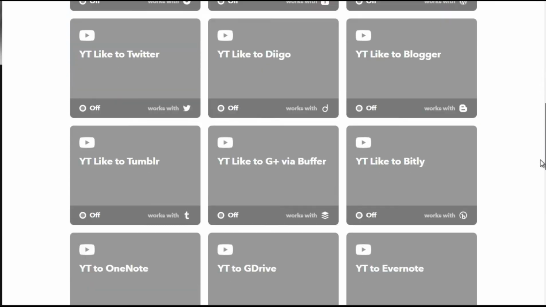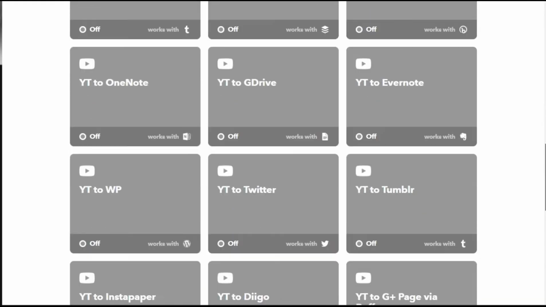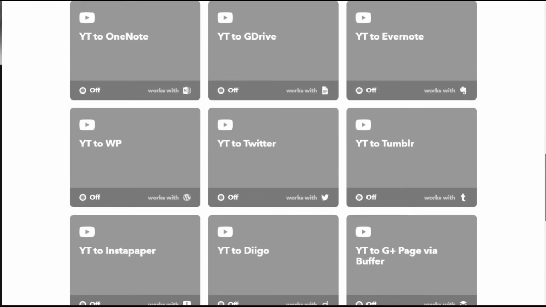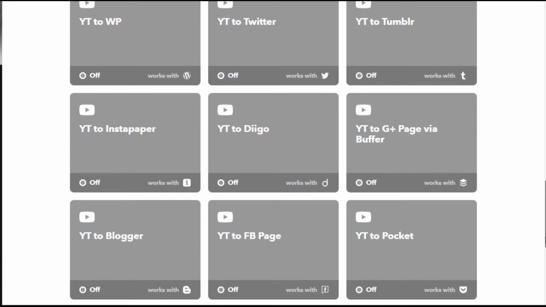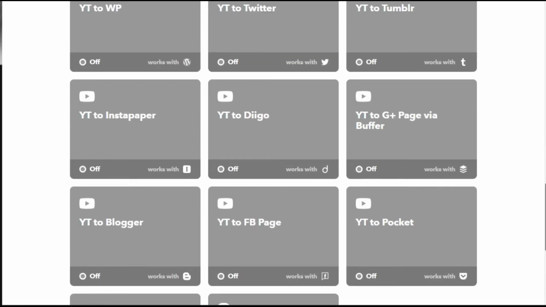Now, as you can see here, you can easily get lost in the mix of everything. That's why I said visually map everything out first, and from that point, you can simply go in and set things up. So like Blogger to Weebly, YouTube to Facebook, YouTube to Blogger, YouTube to Instapaper, YouTube to Diigo, YouTube to Google Plus page via Buffer, and all that.